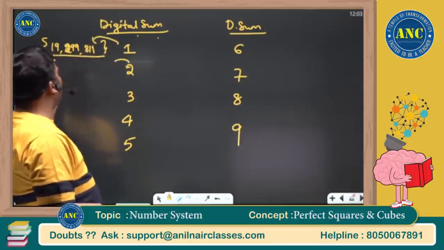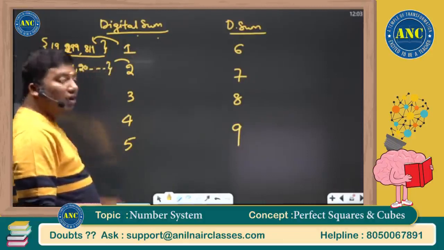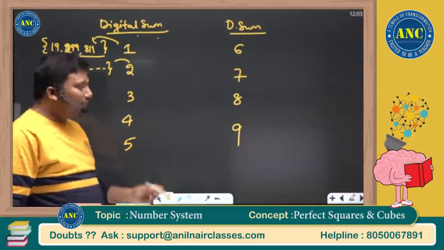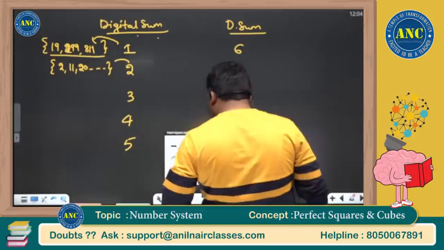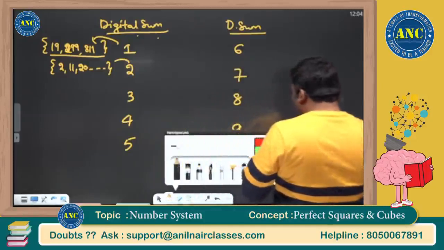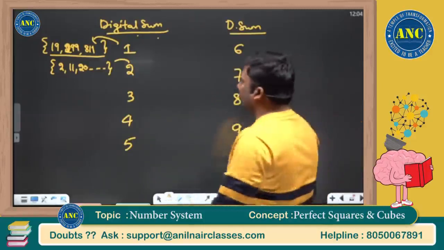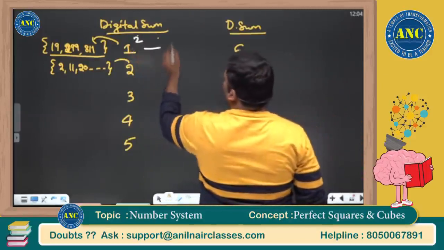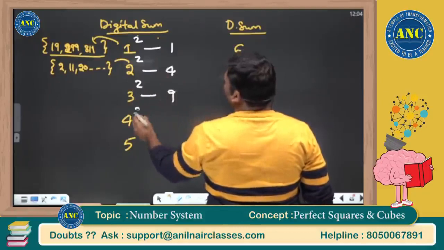Similarly, the set of all the numbers whose digital sum is 2, then 3, 4, 5, 6, 7, 8, 9. Now listen carefully. When I am explaining a concept, I will not see the comments. Just have some patience. Suppose I square these: 1 squared is 1, 2 squared is 4, 3 squared is 9,